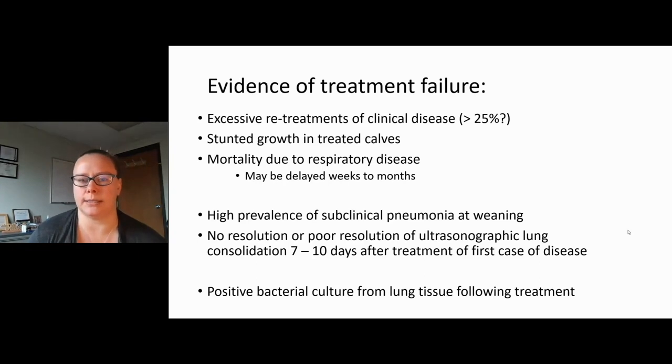That's based on clinical disease. To me, we've got to figure out what that number is exactly, but you've got to figure out what it is for you in your operation. But if you feel like you're treating too many calves for clinical disease, if you've got poor growth, if you have mortality due to respiratory disease, mortality, when it comes to respiratory disease, most calves don't die immediately from pneumonia,